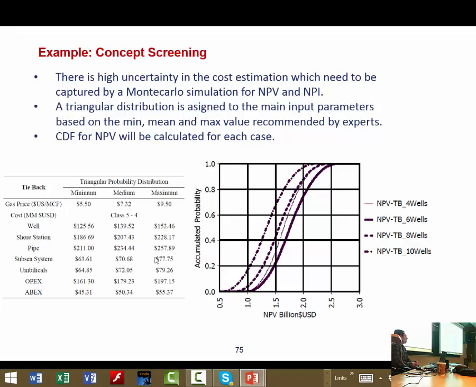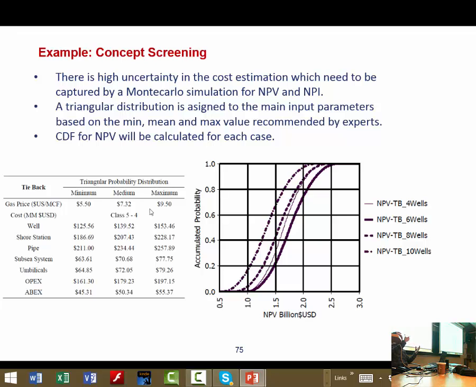You just have to assume that the mode, the mean, and the median are all the same. Okay, that's an assumption. Then you have a probability density function for each cost parameter. So this is a triangular shape distribution, and you can calculate the cumulative distribution function for this distribution, and then you make